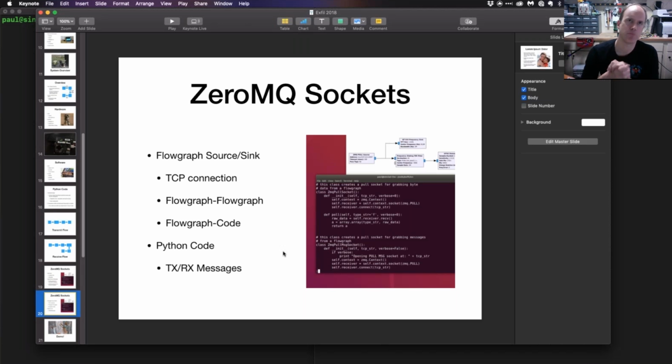And the messaging, that's another interesting aspect. If you've played around with GNU Radio at all, you might have noticed that there are message type connections where you're not just sending a stream of constant data, but you're sending an asynchronous message. So every so often you say, hey, I've got some information, do this thing. You can send that in the form of a message, and that can happen at any time based on external control code. This ZeroMQ framework allows you to deal with both constant streams of data as well as asynchronous messages, which is what makes it so incredibly useful.